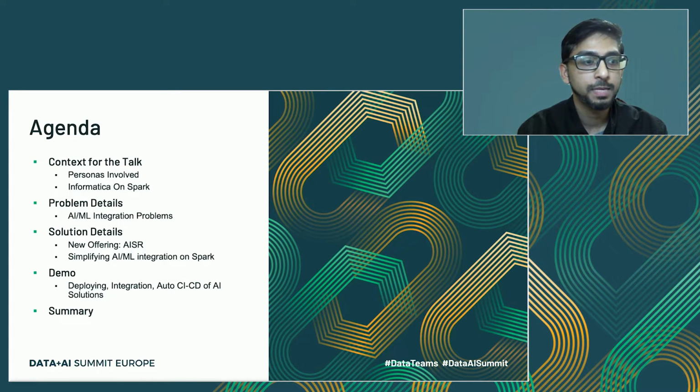And then we'll see the different solutions, where we'll see how we can simplify the AI ML integration on top of Spark. Post that, we will see a demo on deploying integration and how CI/CD can be achieved while integrating AI solutions. And followed by that, we'll have a summary.